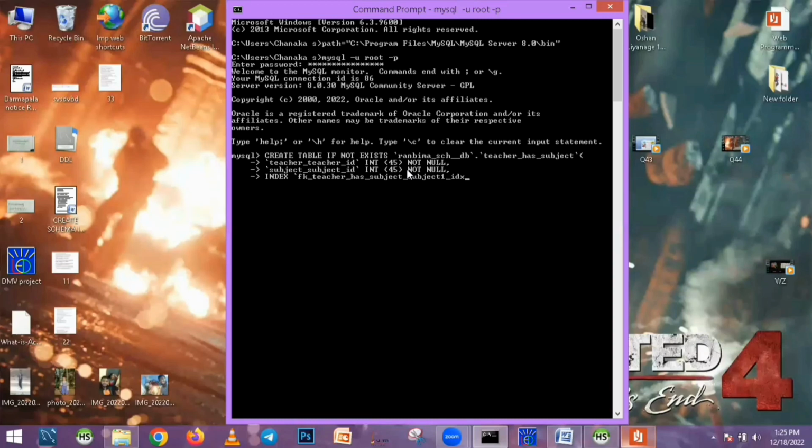Index, and open bracket subject ID ASC visible. I want to make my relationship visible. So visible, and coming to the next line, index